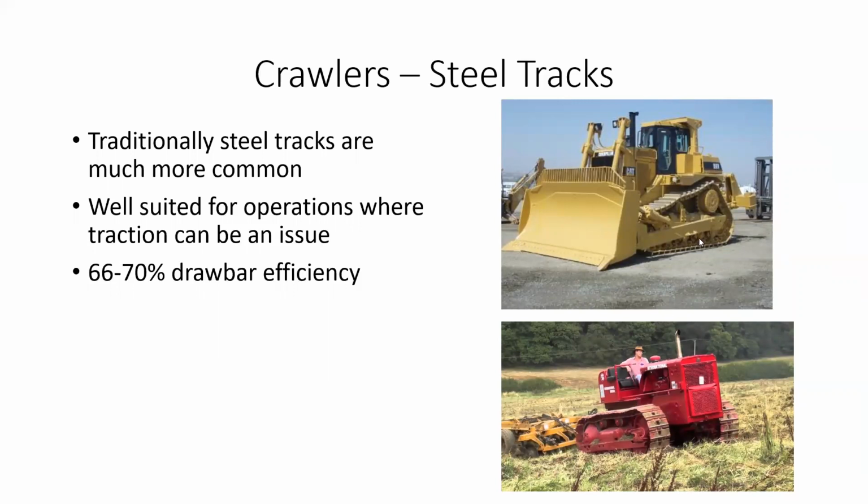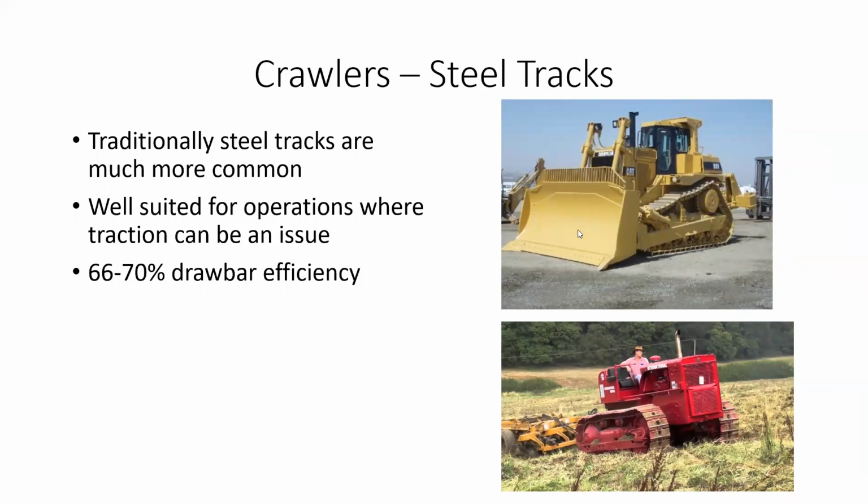And a lot of these machines don't have a power takeoff on them. Some of them, more ag use ones do, but not necessarily steel track. So this tractor is towing around a disc, which is a really heavy draft load. And then, right, you see this bulldozer on the top. So you can think of dragging around implements as the same as pushing around